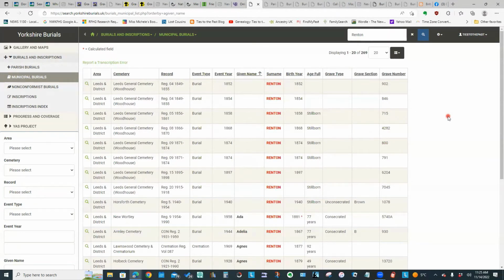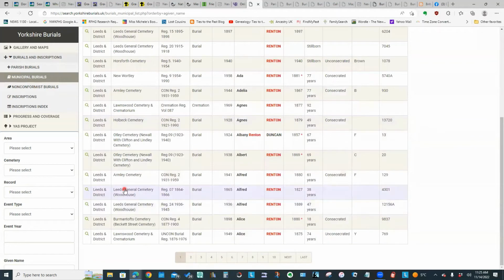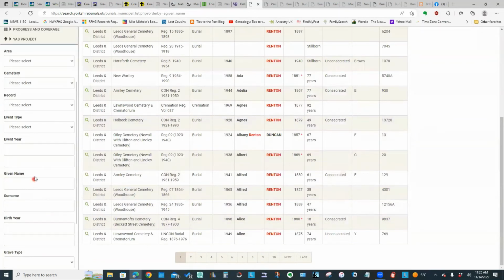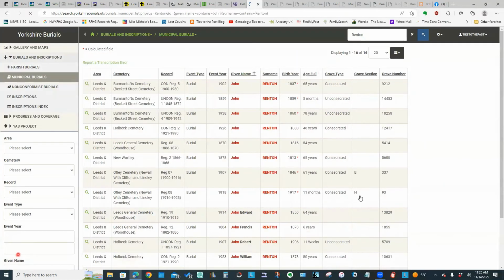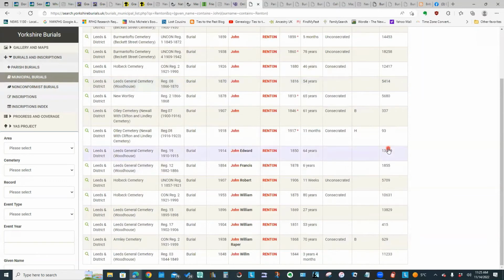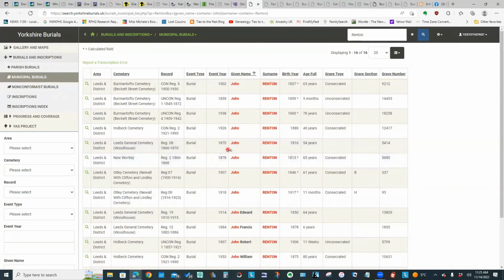But if I wanted to see just John Renton on the left here, I can scroll down and say, give me John, and I'll put Renton in. And click the search button down here. And now it's showing me all the individuals that match that criteria that I selected on the left here.